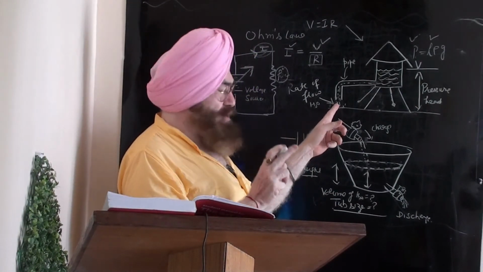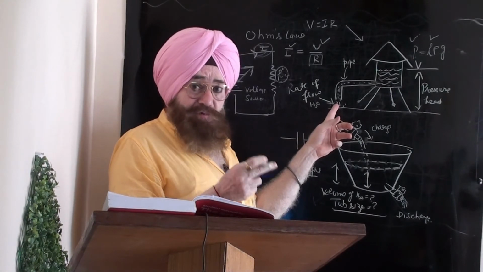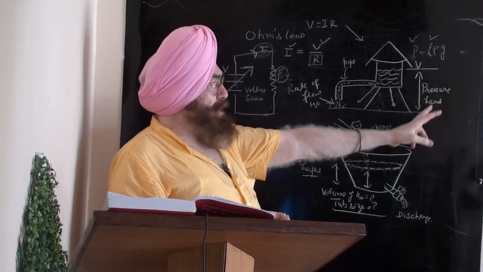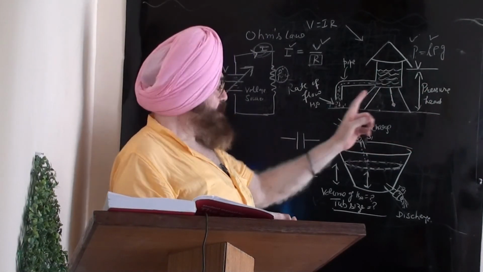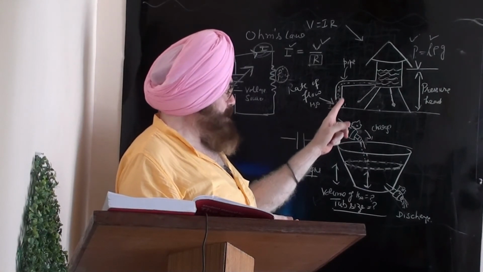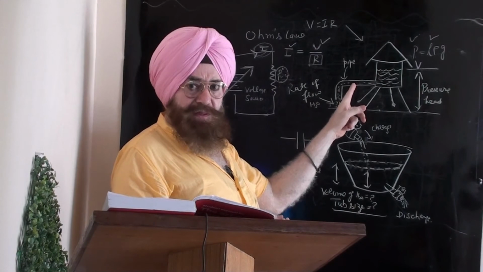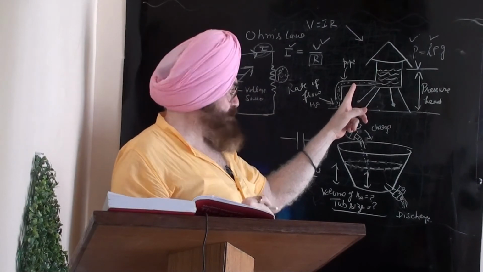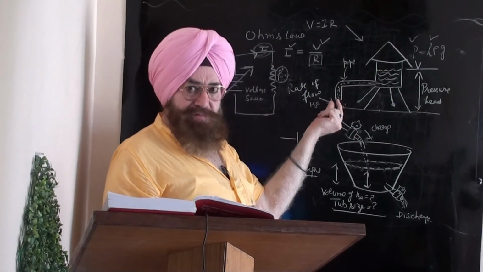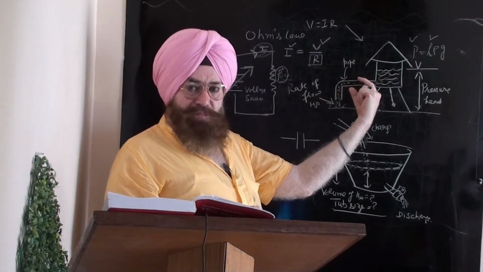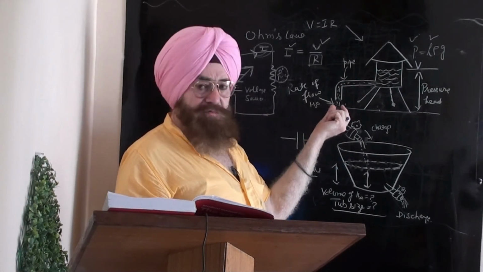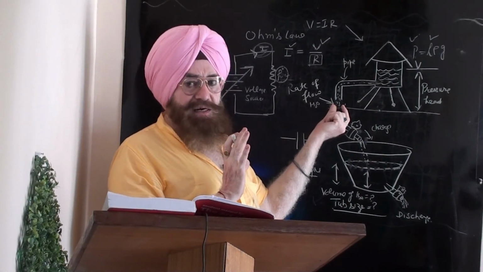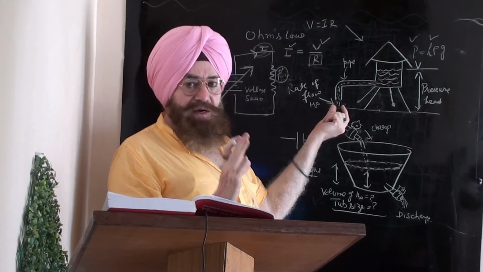And if the rate of flow of water is the current, then what is its dependence? Does it depend upon the height of the water level from the ground? Does the rate of flow of water depend on the opening of the pipe? I mean, if this is lesser in size, in area of cross section, then what about the rate of flow? If the area of cross section of the pipe is bigger, then what about the rate of flow? This is the problem which you discuss in the comments box.